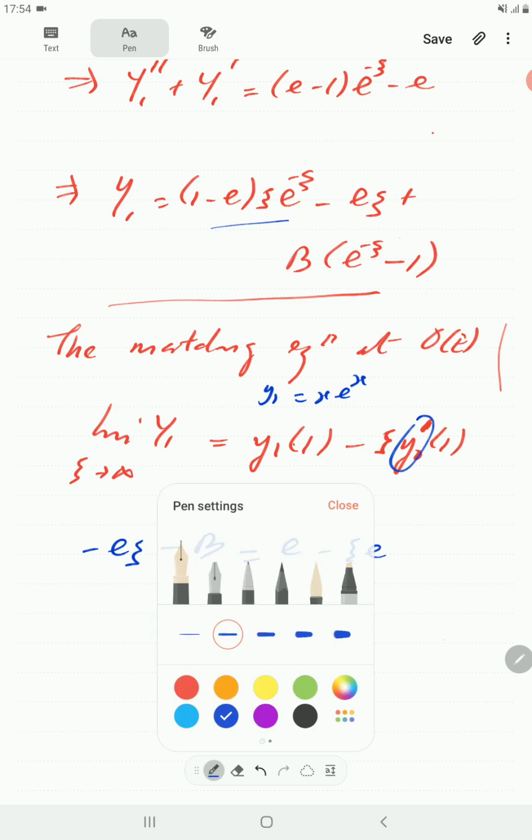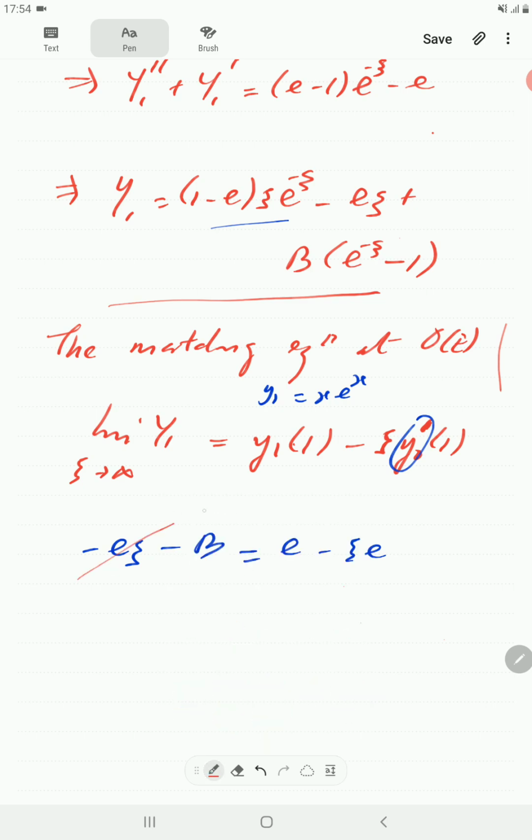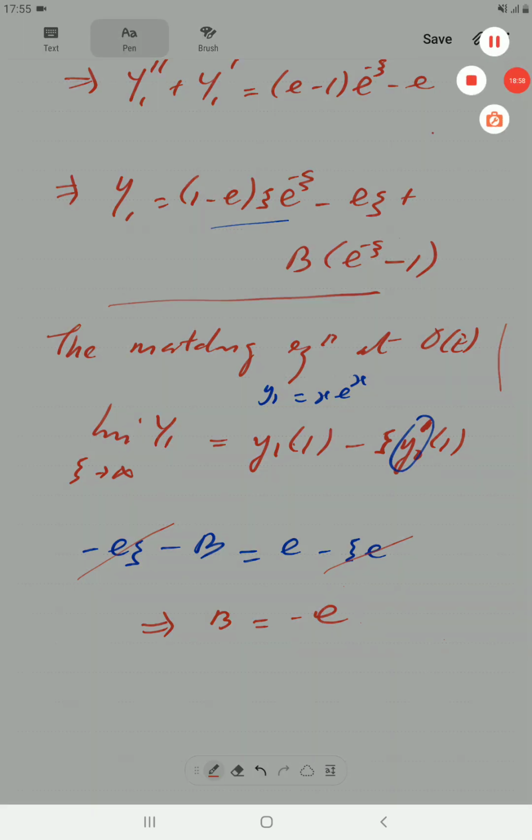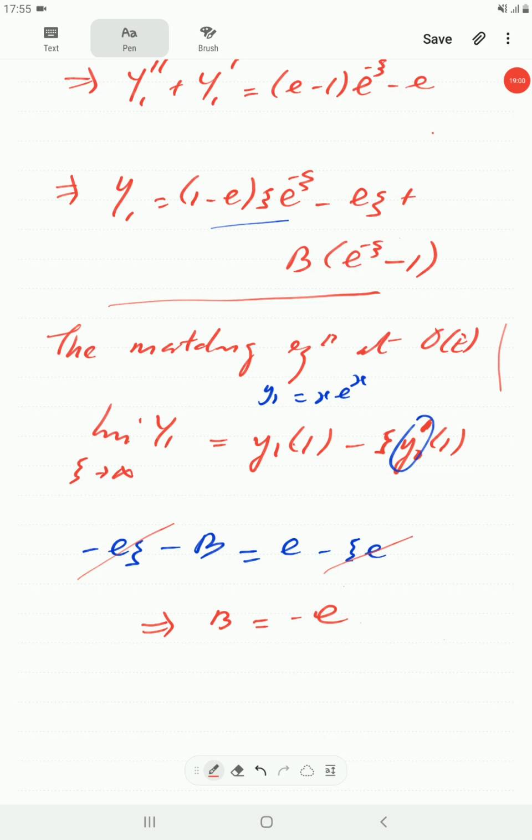So again, these terms just cancel out, so this tells us that b is going to be negative e. And then once we've obtained b, we can plug it into the solution, and then we have everything determined. After that, we could obtain a uniformly valid